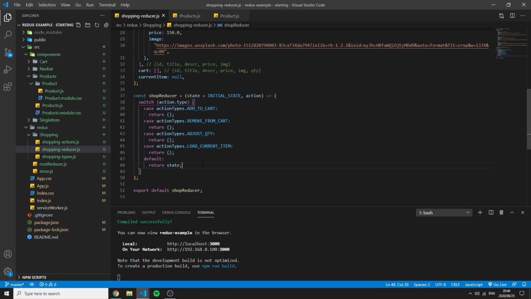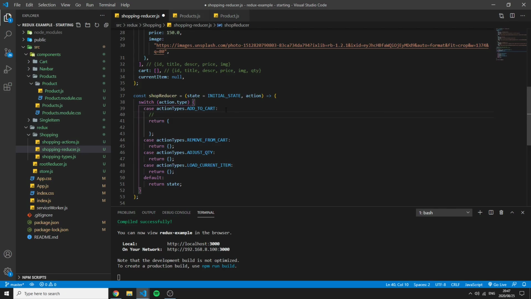So now, starting with our shop reducer, the logic for handling the data with every different action being dispatched, I'm going to quickly go through this. So the first one, if you want to add something to the cart, there's a few things we need to do. First, we need to check if the item is in the cart already. So if it's already there, we don't want to create a separate entry in the cart, we just want to adjust the quantity. And before that, we want to get the item's data from the products